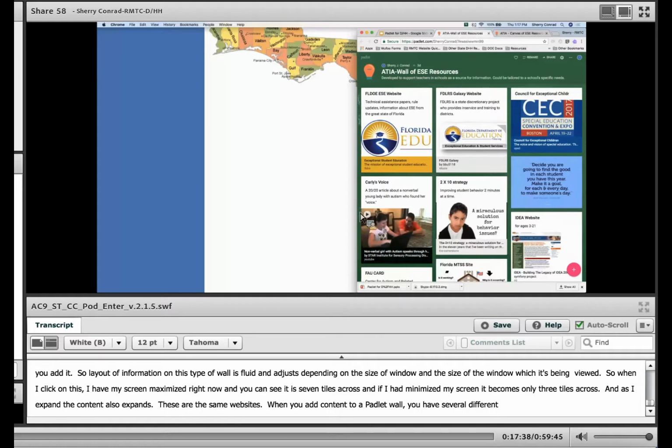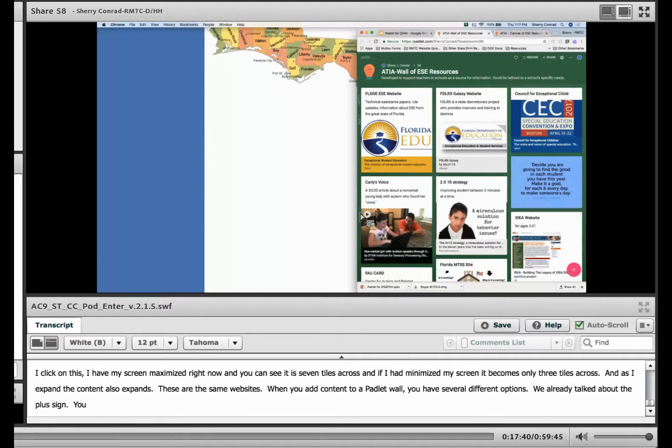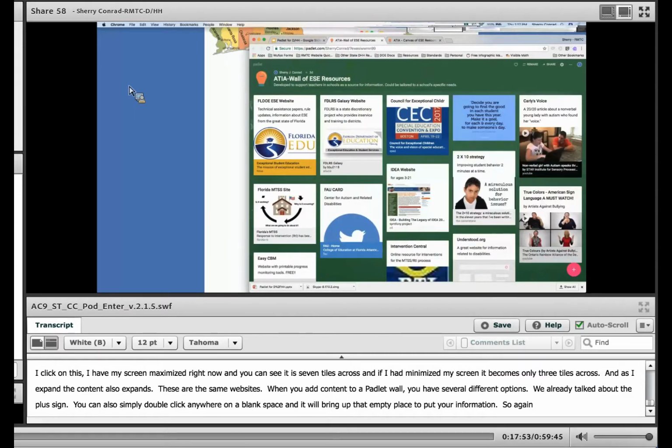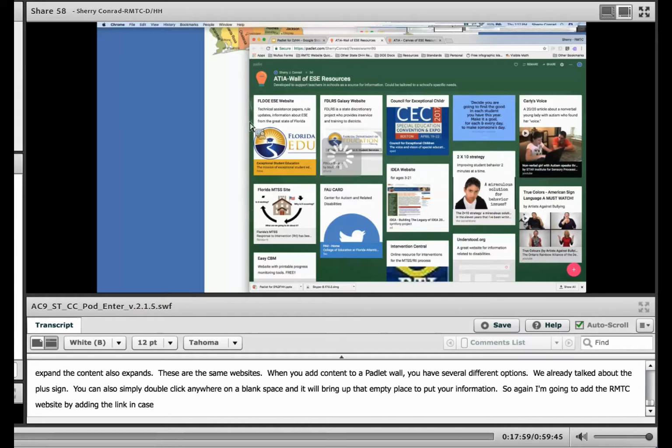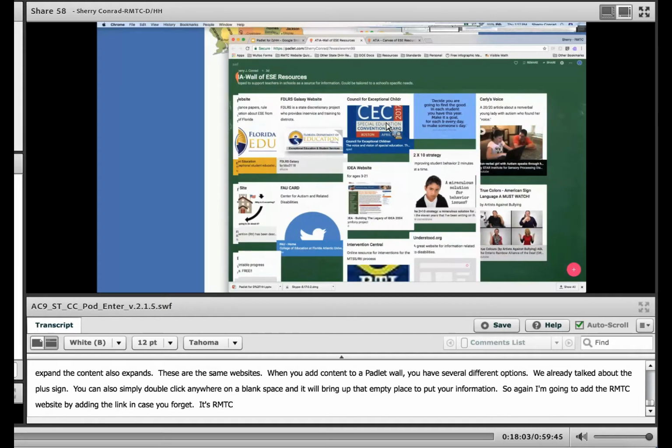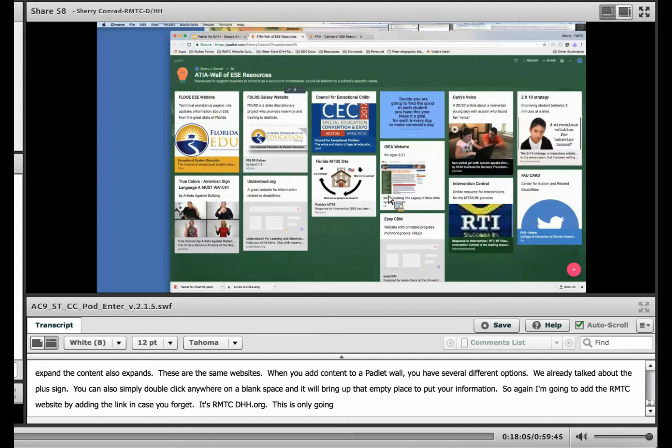When you add content to a Padlet wall, you have several different options. We already talked about the plus sign. You can also simply double-click anywhere on a blank space, and it'll bring up that empty place to put your information. So again, I'm going to add the RMTC website by adding the link. In case you forgot, it's